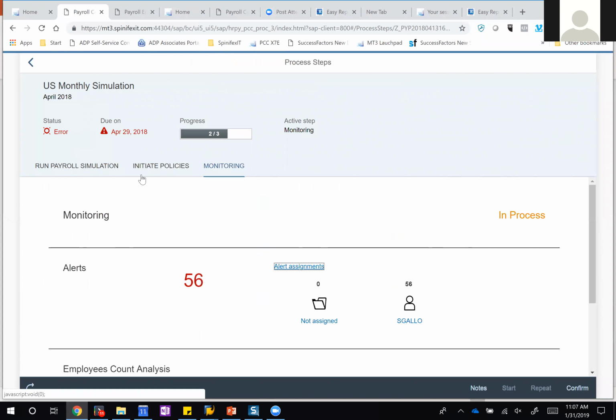Yeah, so it was just run the payroll simulation. I kicked off the policies, which are actually Easy Reporter reports. We're still all integrated into Payroll Control Center. I'm not doing anything outside in the SAP GUI. Everything's strictly integrated. I kicked off the policies, and now we're in the monitoring step, and you can see that